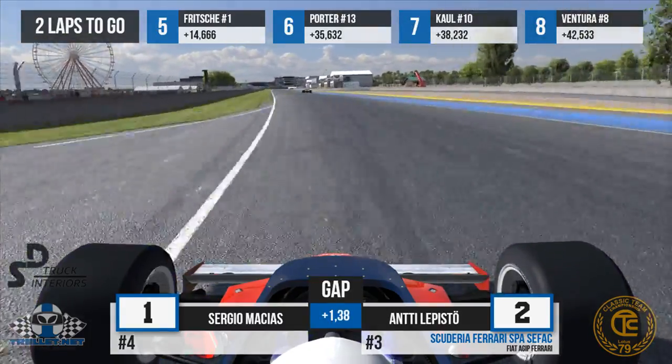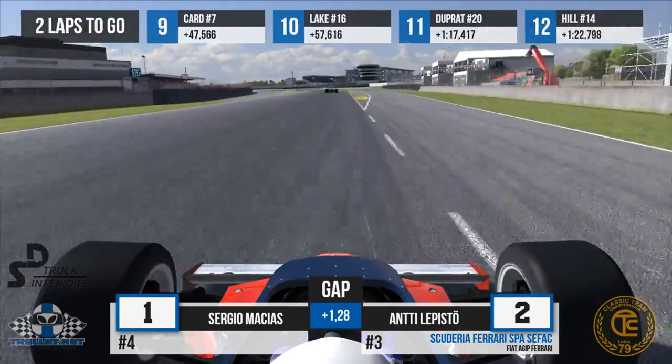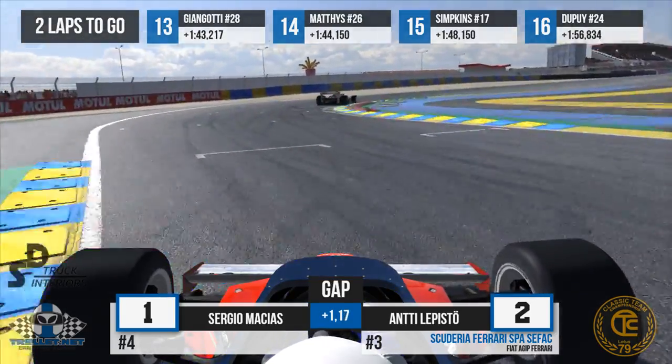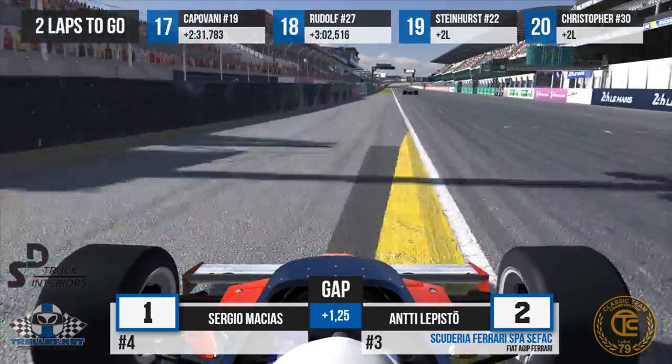It's all about the last chicanes right now. Coming to the second to last chicane, then the last chicane, he has to attack them. No point decaying now, no point defending, just attack, and that he does. He is catching up to Sergio Macias in the last corner, taking the curbs, and the gap on the line is...